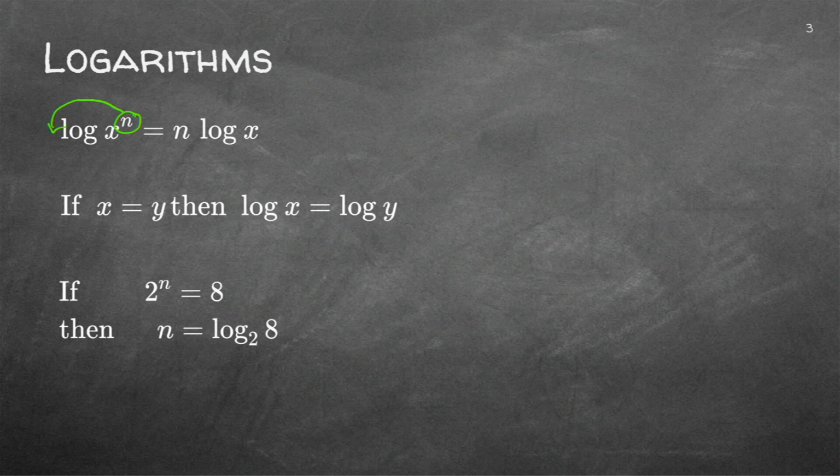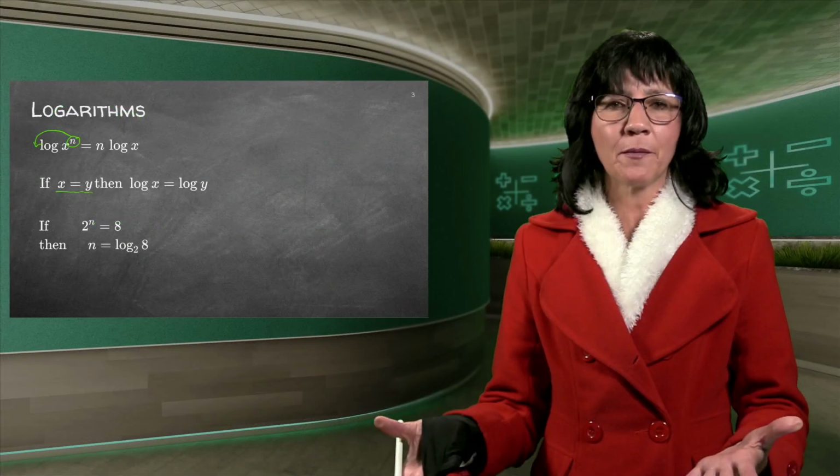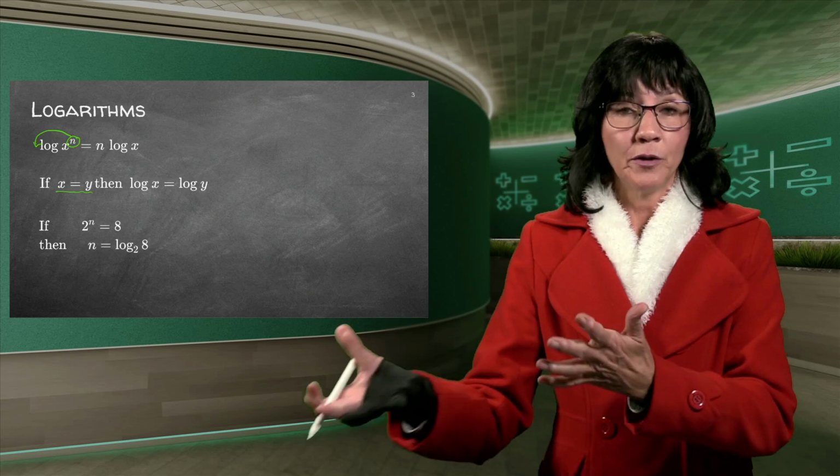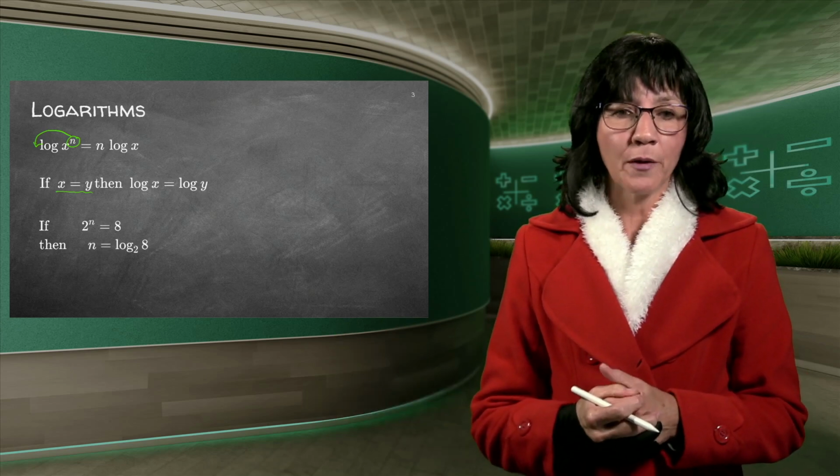To get the n down to be able to solve for it, you need to bring it forward and use that law. And then if I've got two things equal to one another, like x is equal to y, this is why I love maths: you can just do whatever you like to that equation, as long as you do it on both sides. So if you want to use your logs in order to solve something, you can just put a log in front of each side. You'll see just now when we do the example why we do that.